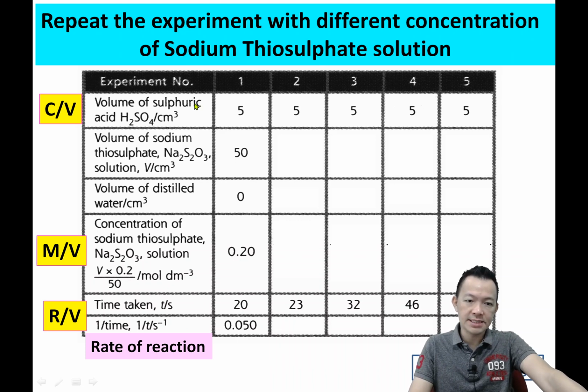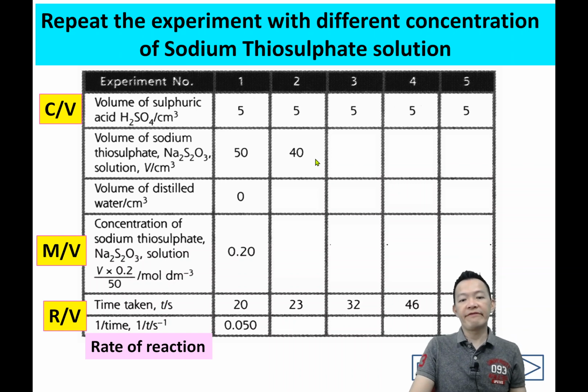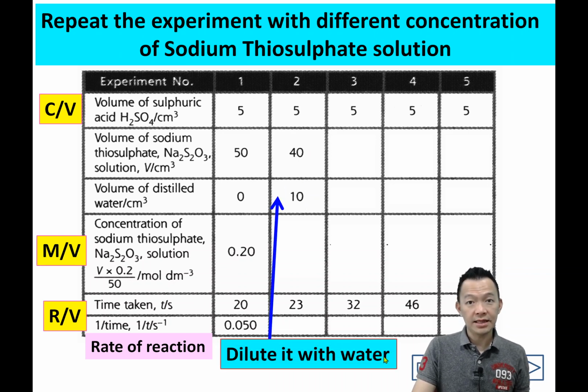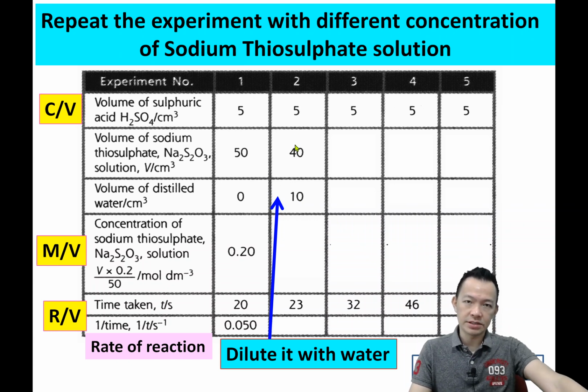But how do I repeat my experiment? Sulfuric acid totally same, 完全一模一样。这个叫固定性变数。But for the second set, I prepare less sodium thiosulfate solution. 我准备少一点点。And I add some water. 我加一点水下去。For what? To dilute it 冲淡它。稀薄它，给它变成比较淡。But actually, in your exam, this is not your business. 除非你真的有机会，你明年考试真的在 lab 里面，他真的要叫你做这个步骤，你就没有办法了。So we're using less sodium thiosulfate solution, add some water to make it more dilute, 给它比较淡一点点。